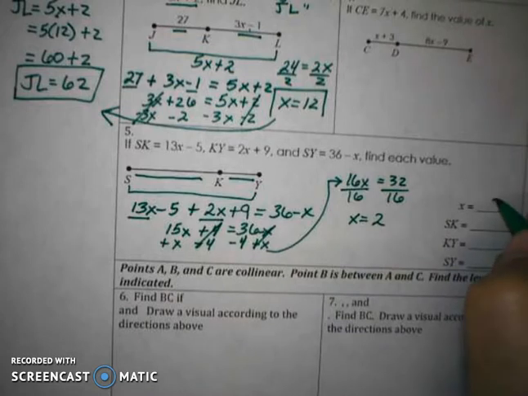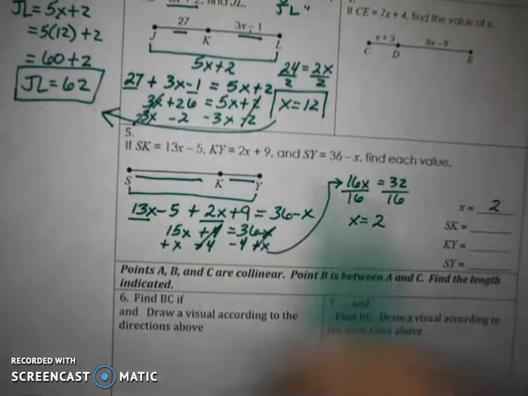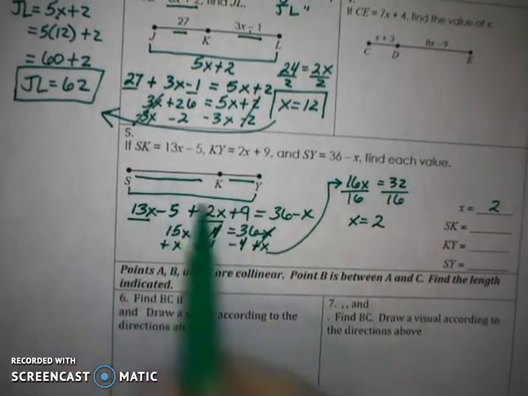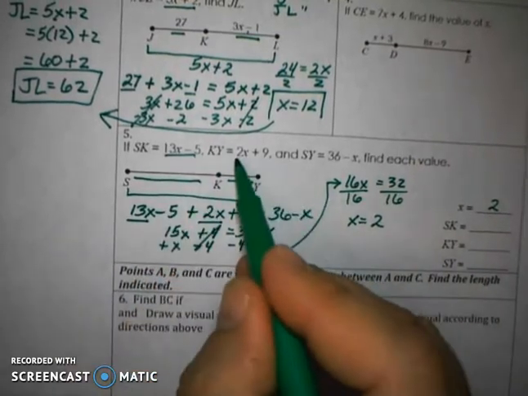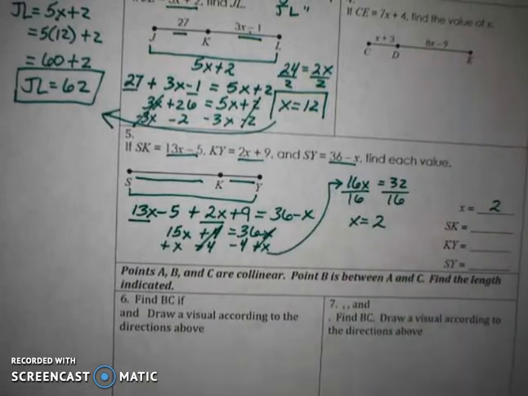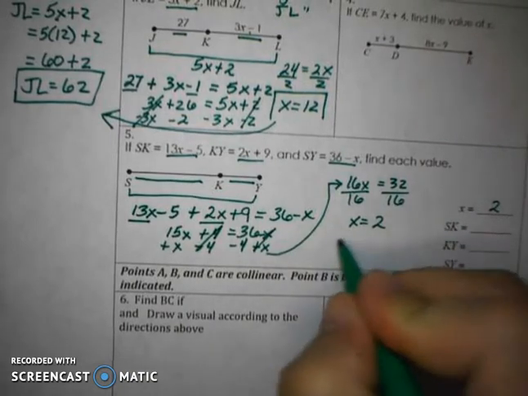So that's a blank here, but then they give you these blanks because they want the other parts of this. They want the two parts and they want the whole thing. So all we have to do is plug it in to these 3 expressions when x is 2. Okay, so I'm going to do